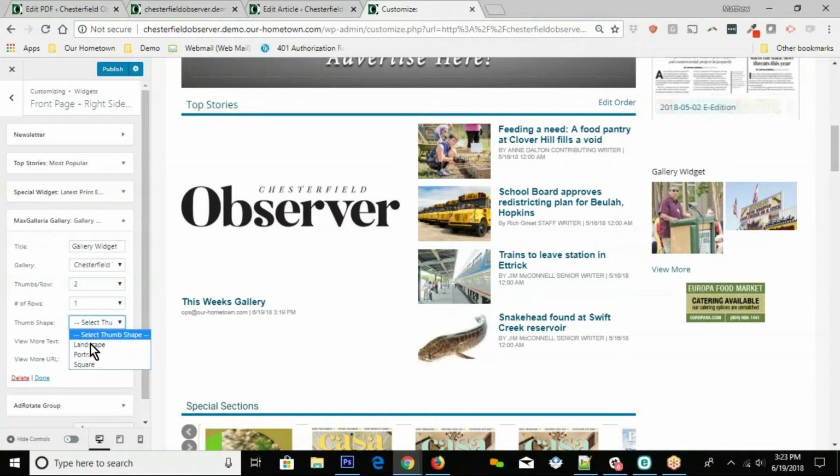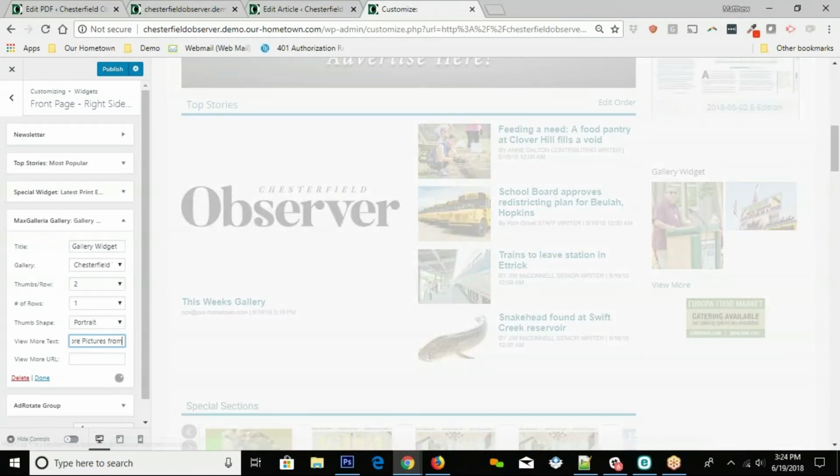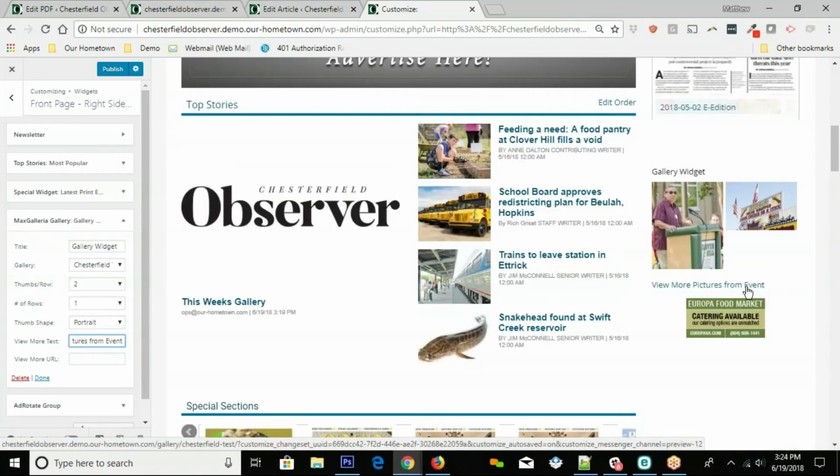And you can also change the thumbnail shape. The idea is you can do it as a thumbnail, portrait, or a square. And then you've got this view more text. This is actually a variable you can control. So whatever you want this to say, you just put it in here. So like, view more pictures from event. You can completely customize what this link says, and when I click on this, it's going to go to the